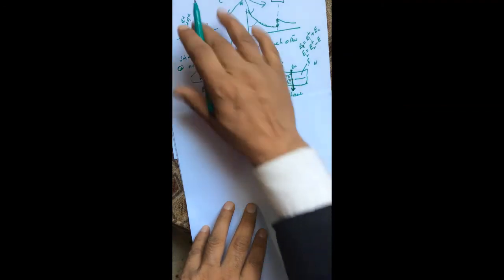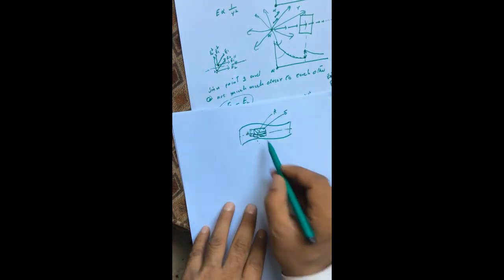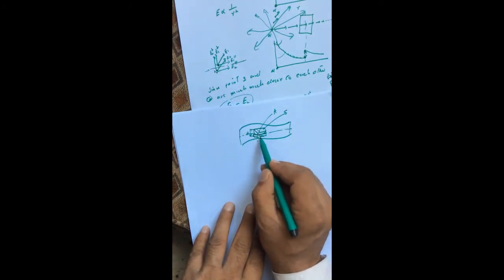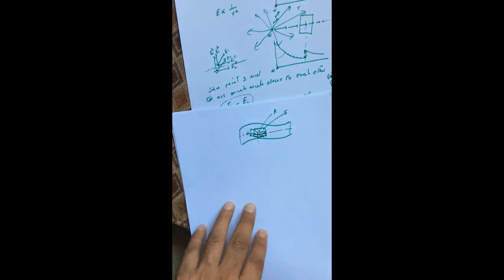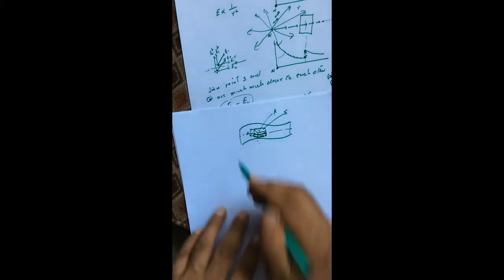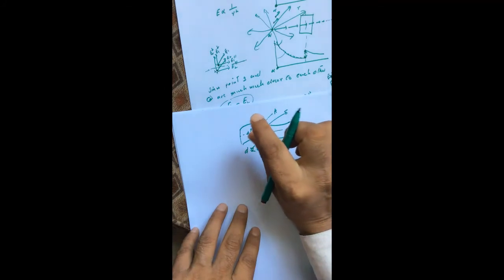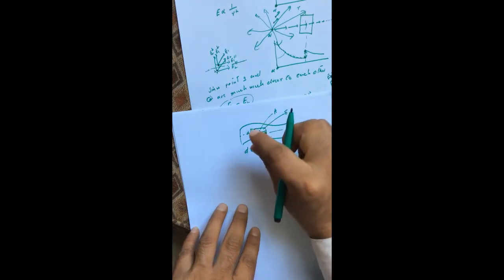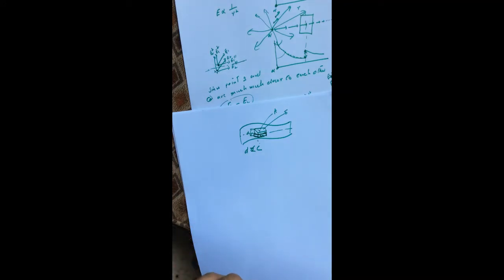So one point lies inside this box, and the other point lies inside this box. And we assume that this d, the width of this box, is much smaller. Now once the width is much smaller,